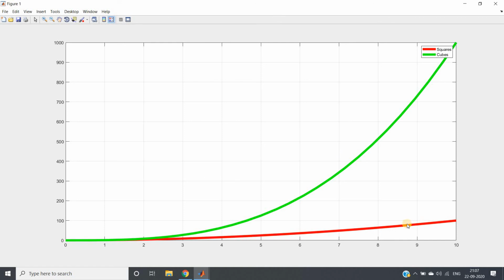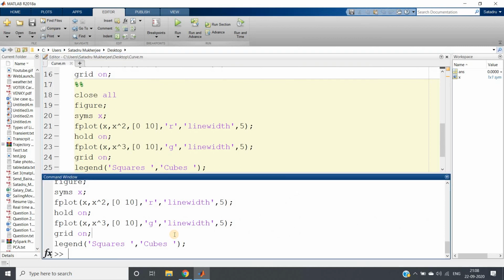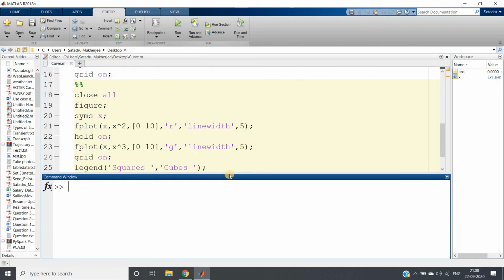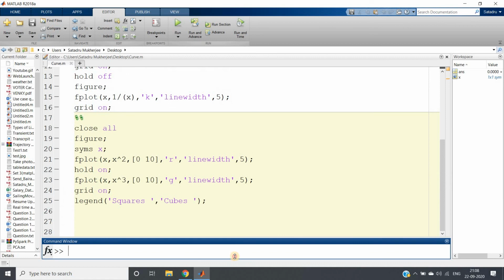Then if you see that your distribution is not coming near to a symmetric, Gaussian distribution, then you go for cube. And if cube is also not working, then you go for higher orders, 5, 6, like that. You can play with that, right? So this is what I wanted to show you. You should understand this concept very carefully.